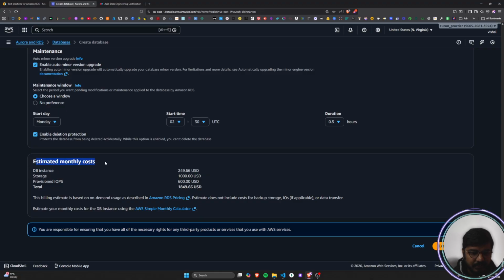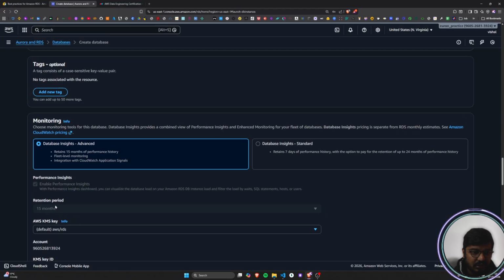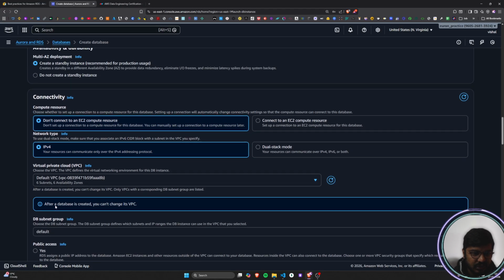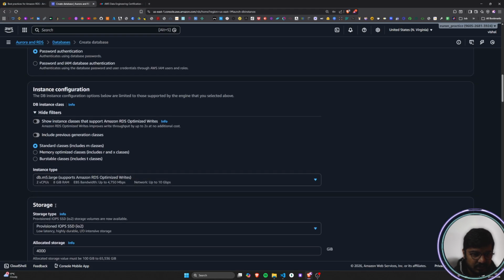So you can see here the monthly cost that I will incur for this particular database instance that I have created. Okay, so for the DB instance I will be charged this much, that is 249.66 USD. For storage I will be charged 1000 USD. For provisioned IOPS I will be charged 600 USD. Okay, now if I am increasing the instance size, let's see how much I will be charged